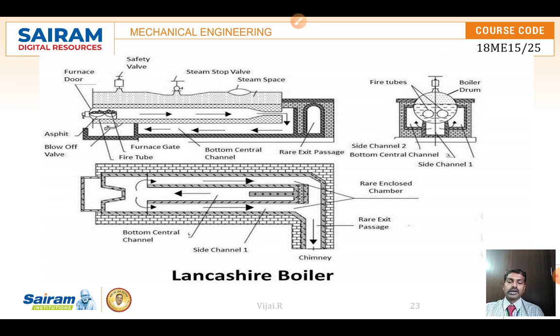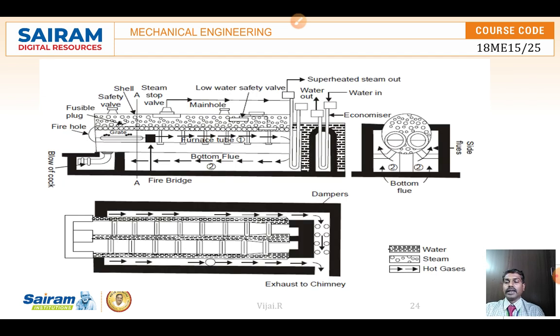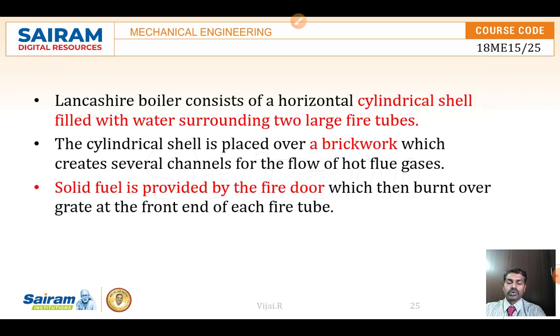Around it, big brick walls are there to avoid heat transfer. It avoids the transfer of the heat away. So the brick wall is there, and it consists of the safety valves, manholes, and economizer preheaters for producing more heat and for effective utilization of the boilers. We are going to see about the mountings and accessories in the further classes.